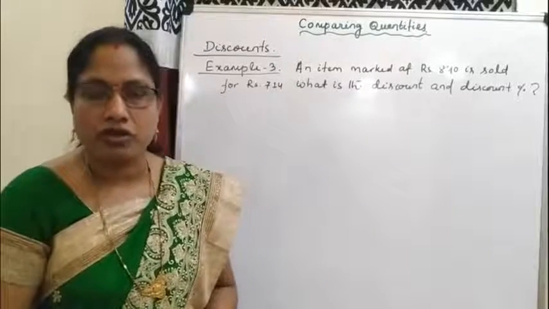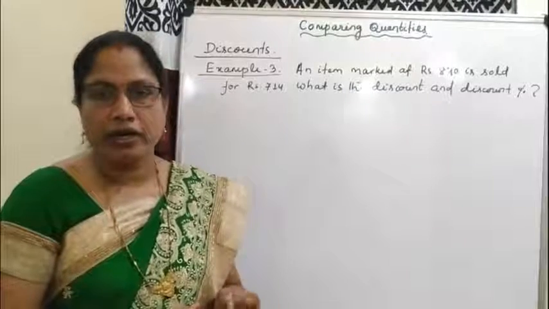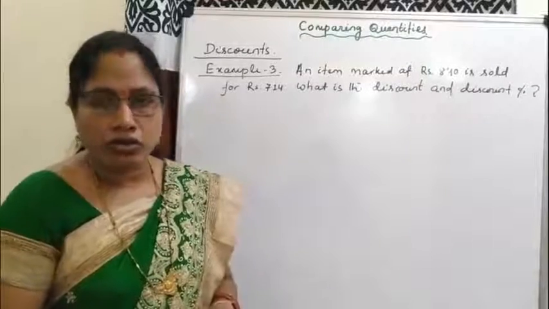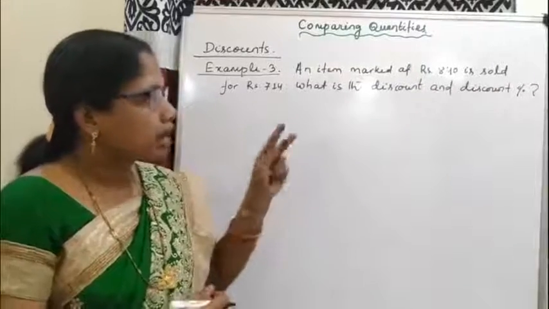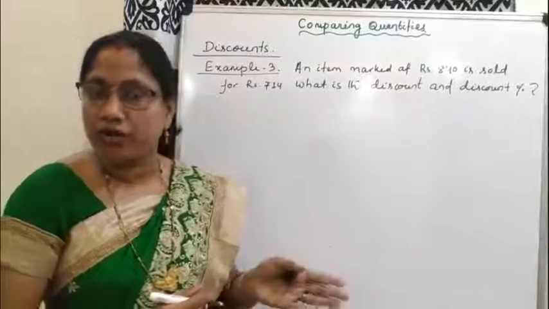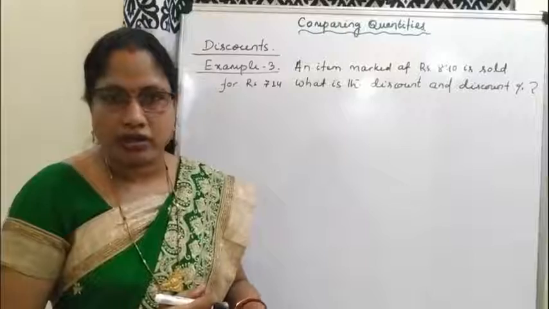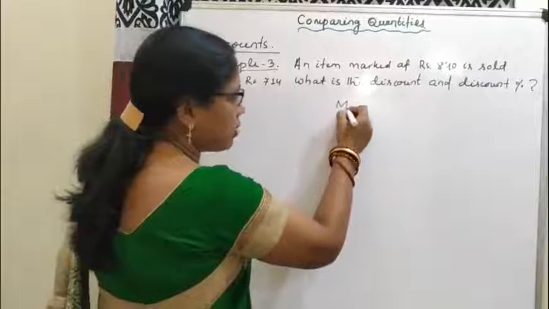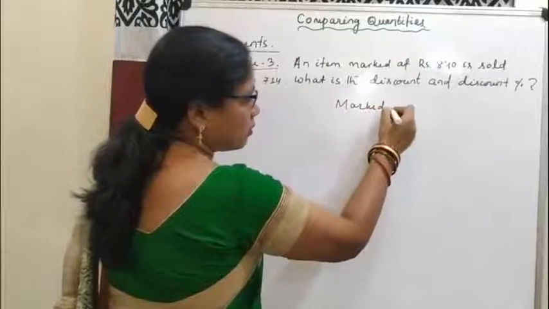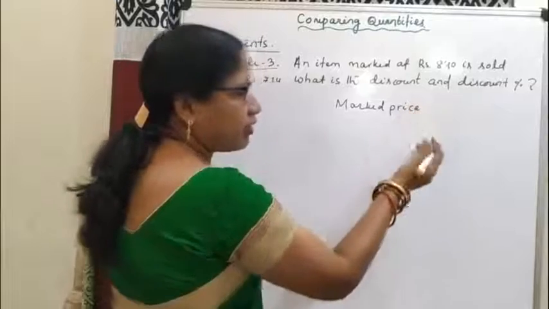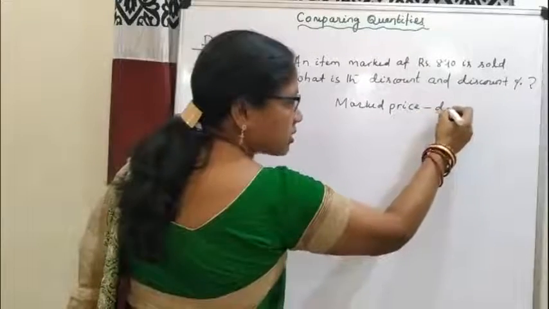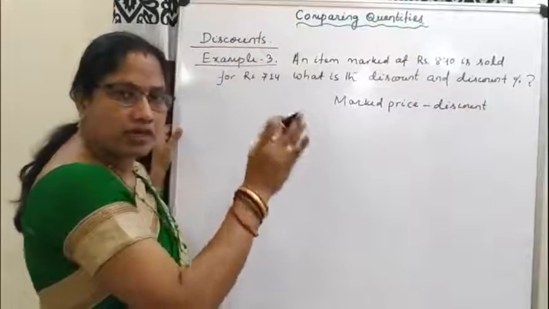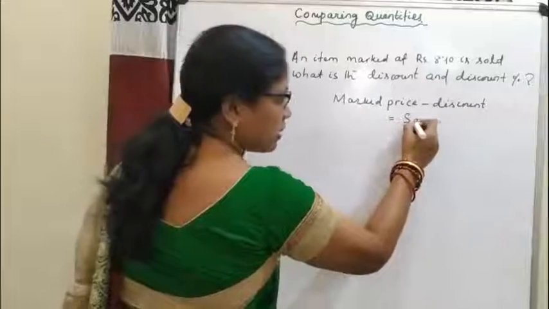When you are going shopping, sometimes you find there is a price written on the tag of an article. That is known as mark price. On the mark price, a discount is given by the shop either to attract customers or to promote the sale of the goods. Then after giving the discount, minus discount, the price at which the shopkeeper sells the good is known as sales price.